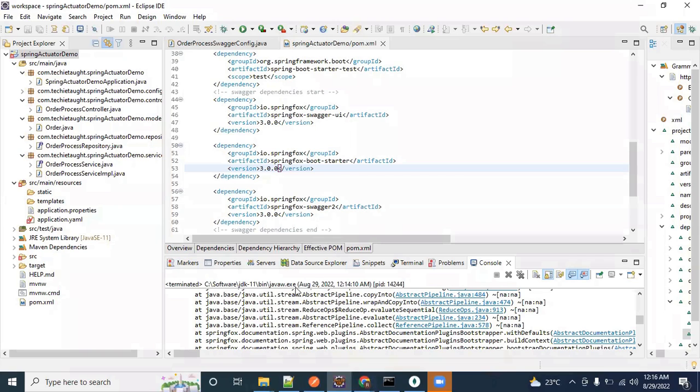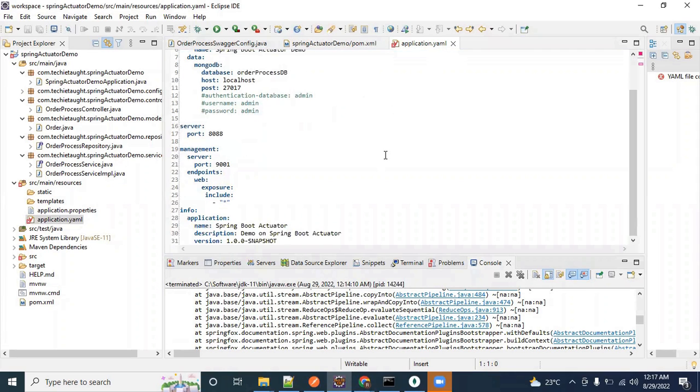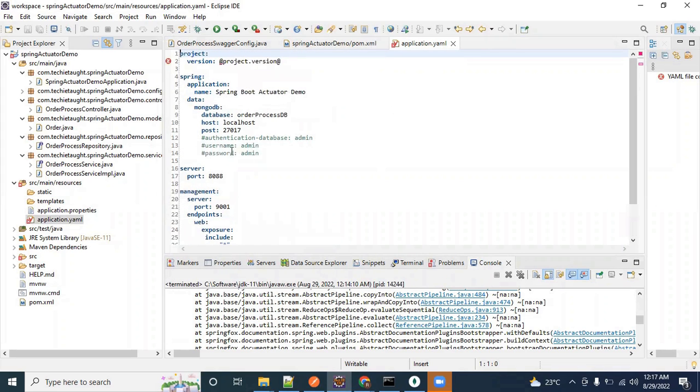And now the problem is related to the matching strategy. So how to fix this? So for this, what you need to do? So here you need to add your matching strategy. So this matching strategy, you have to go to the application YML file, and here what you need to add